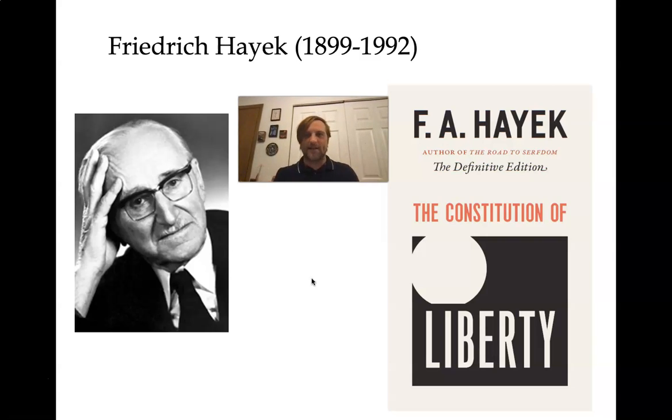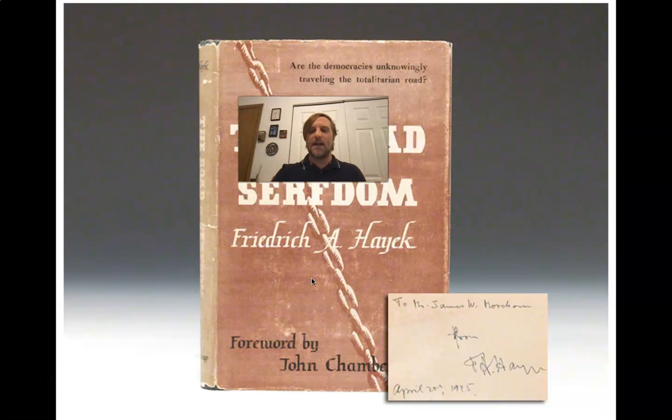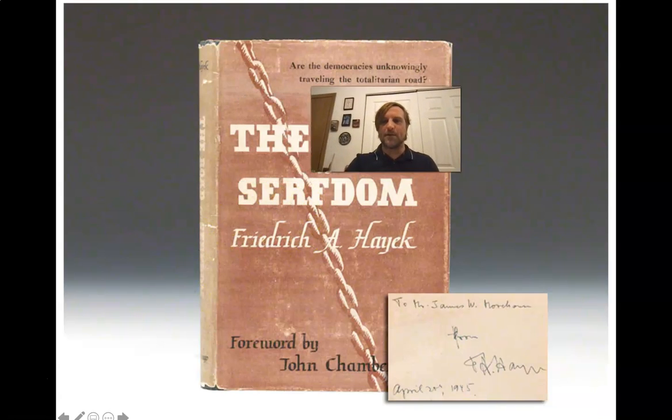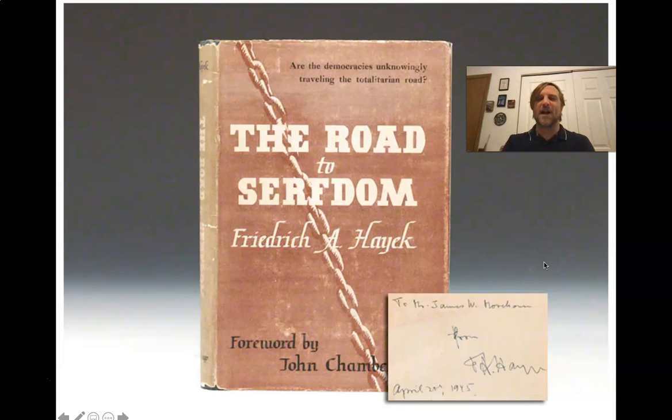He's seeing totalitarianism in the Soviet Union, and he's very worried about this happening to Western European countries, to the United States, and so on. And he writes this book called The Road to Serfdom, and there's a comic version, where he makes the argument that essentially when you have government being involved in society and the economy,